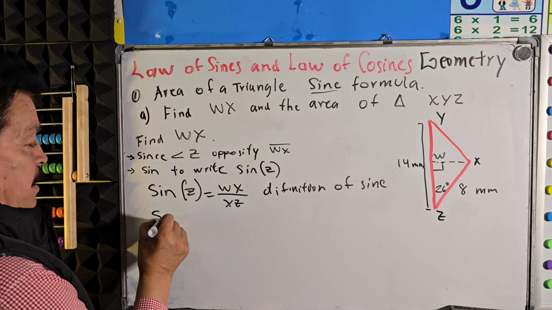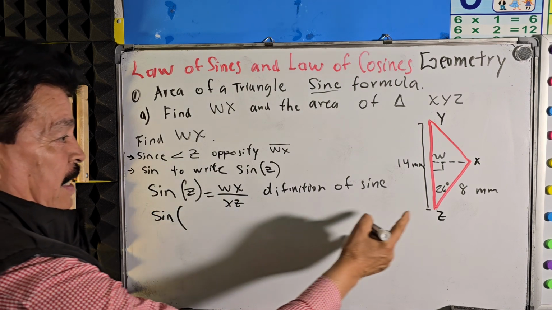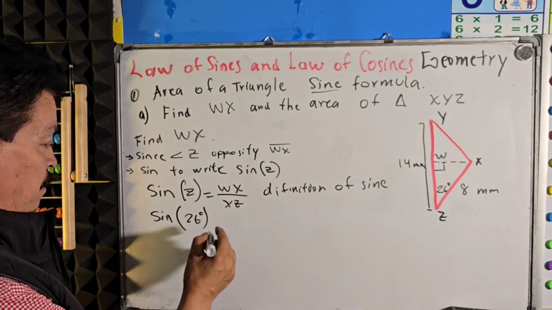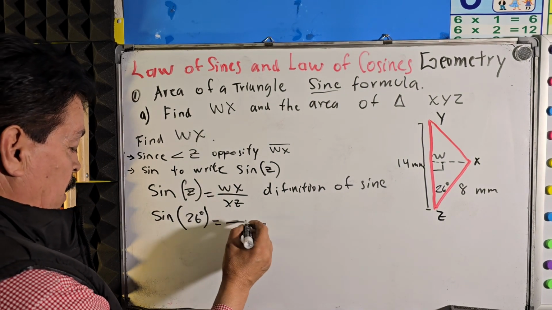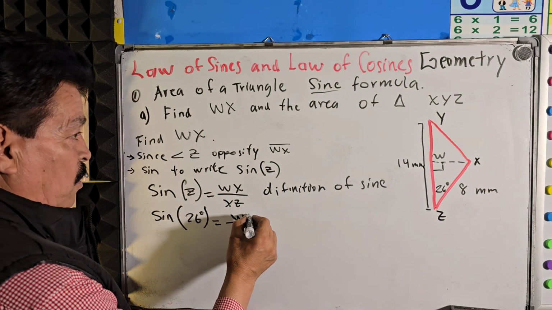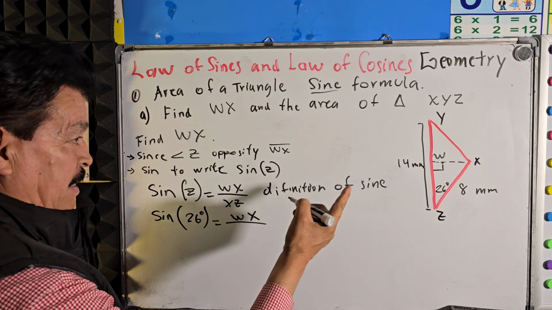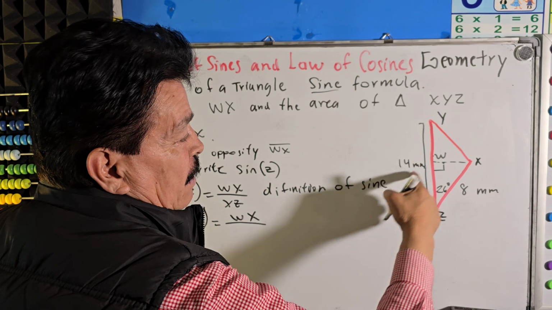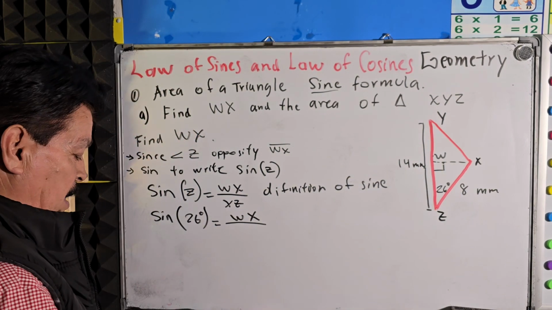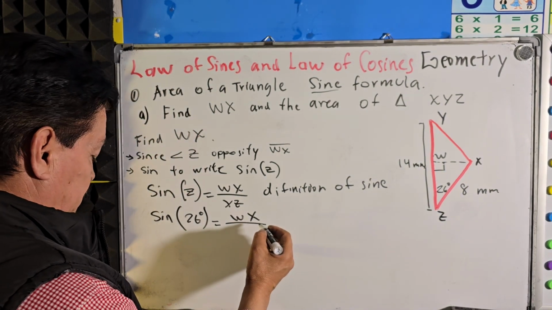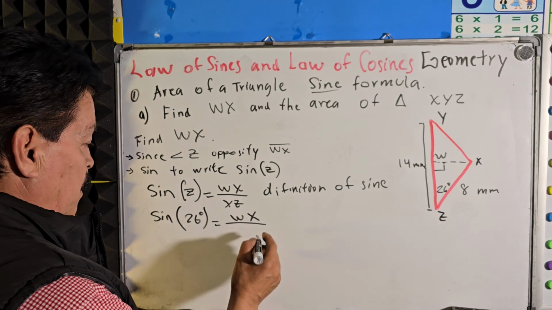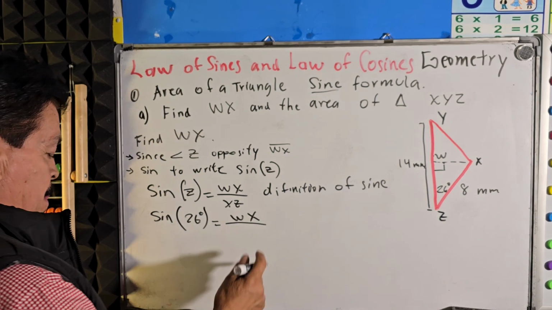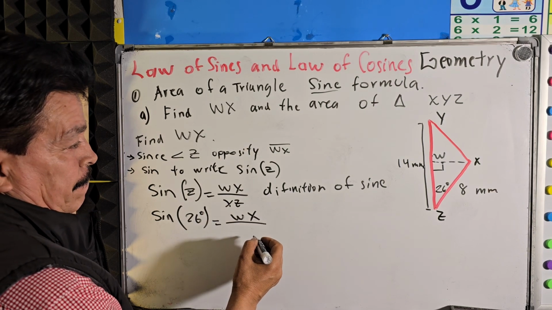Then the sine of Z, how much is 26? I have that data, 26, right here. Look at my information here. We don't know how much WX is. That is the question right there. Here the total is 14, so one side is equal to 7, right? Divided by